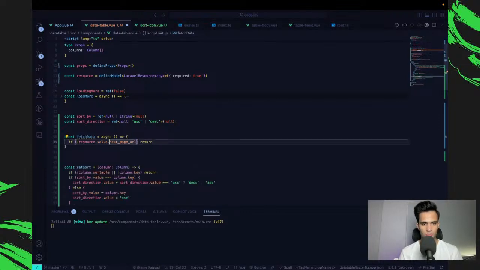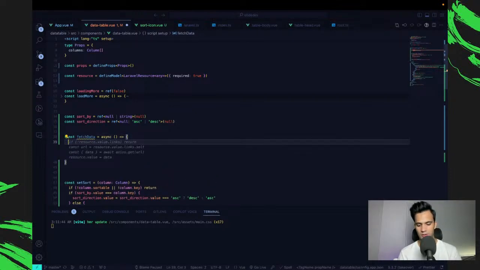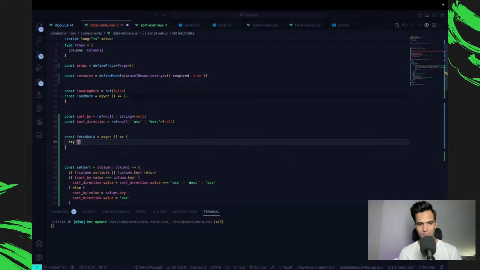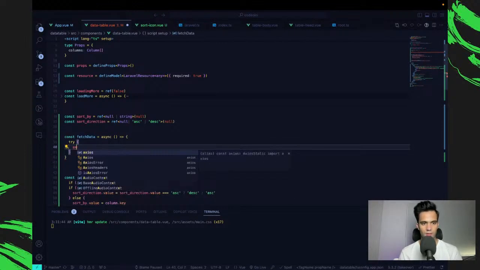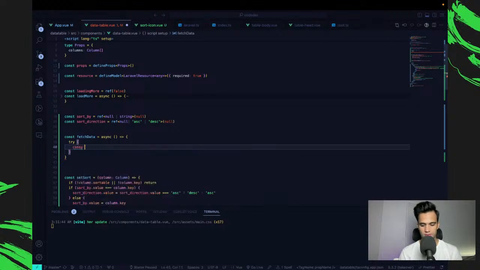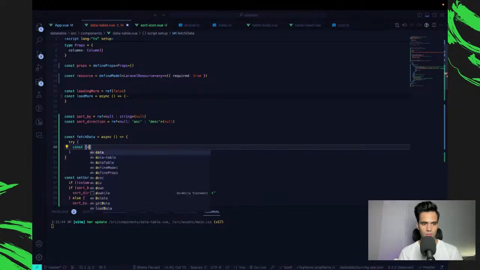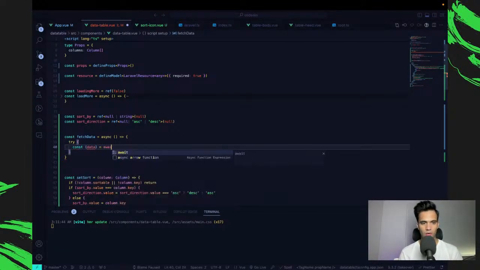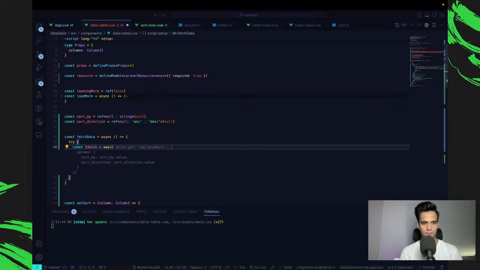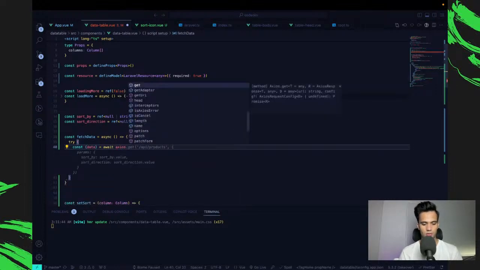And if not resource.value.path, which it will always have actually, then we will return, but I think we'll always have path. So I can assume that the path will be there. So then I can just try: const data is equal to await axios.get.